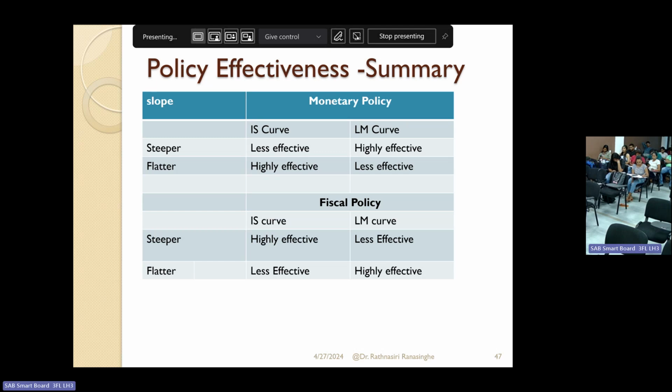R0. Even though in a steeper situation the interest rate increased drastically, investment increased only slightly. That means low interest elasticity of investment. We have a steeper IS curve, or steeper investment curve, no? Because this is the investment curve, so directly the investment curve affects the slope of the IS curve. We have the flatter